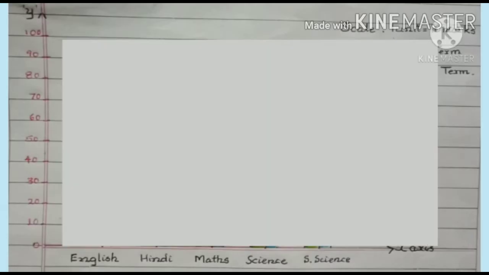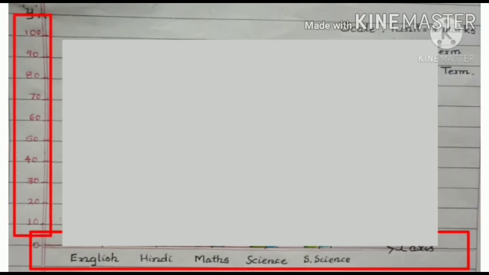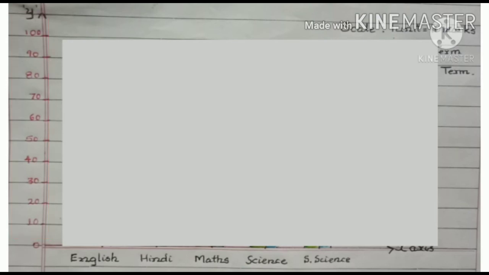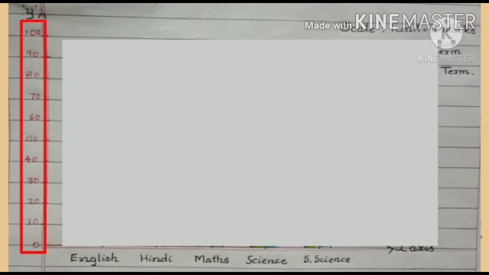Let's start. Draw x and y axis. On x axis, we represent subjects and on y axis, we represent marks. Let's see the range of marks. Maximum marks are 95 and minimum marks are 65. So, we have to represent values on the graph from 65 to 95. Now, let us choose a scale. The convenient scale on y-axis is 1 unit equal to 10 marks. So, start marking from 0, 10, 20, 30 till 100.